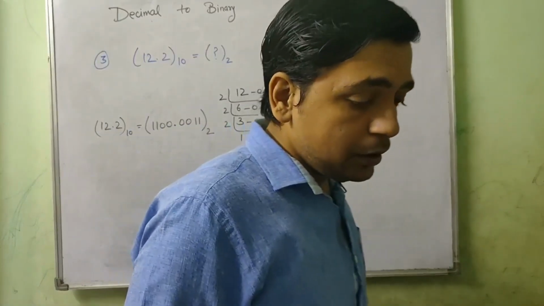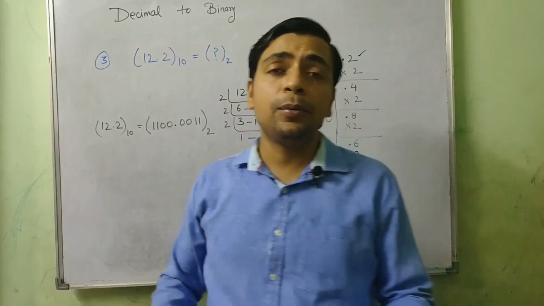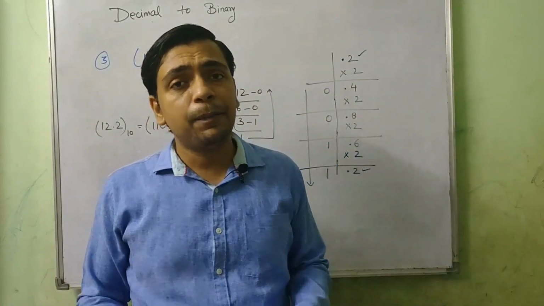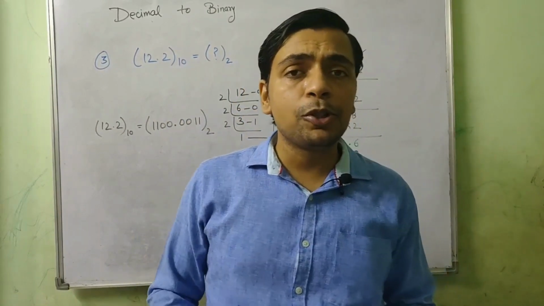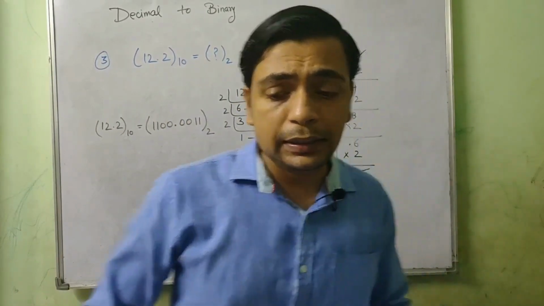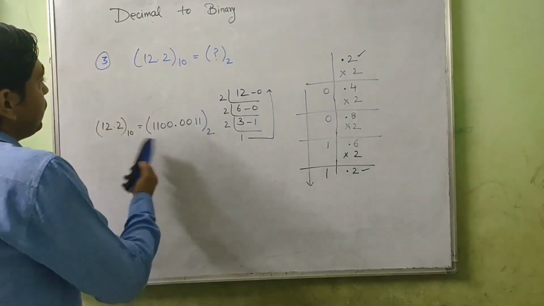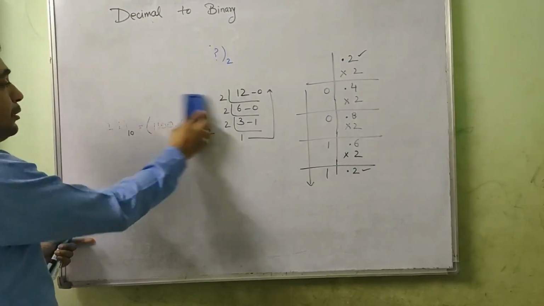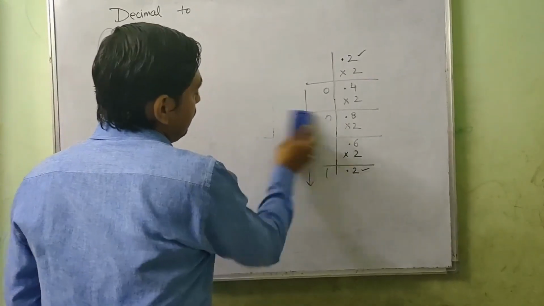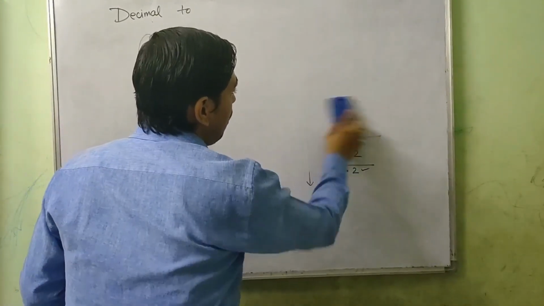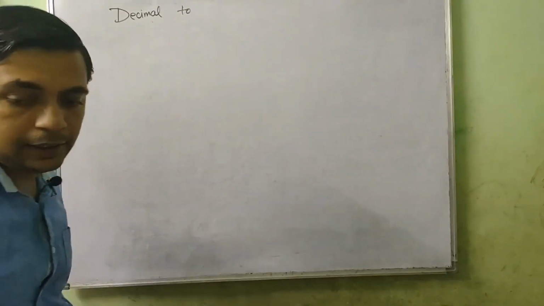Okay, so this is how you're going to convert a given decimal number into a binary number. I hope you got it. I will give you some questions for practice on this, don't worry. So the next conversion that we are going to see is decimal to octal. So we will convert a decimal number into an octal number. So let's see.